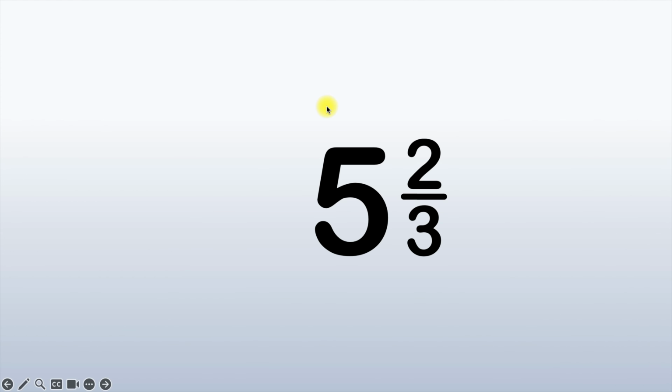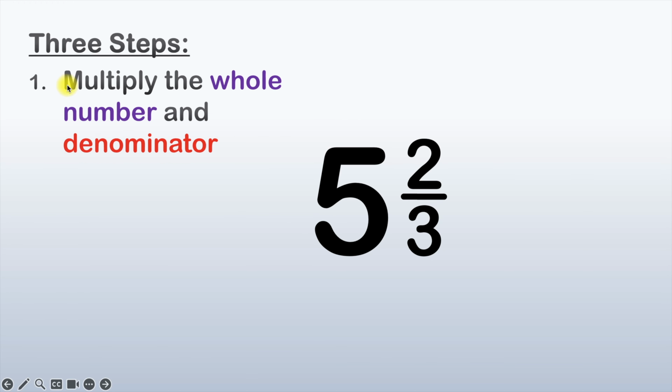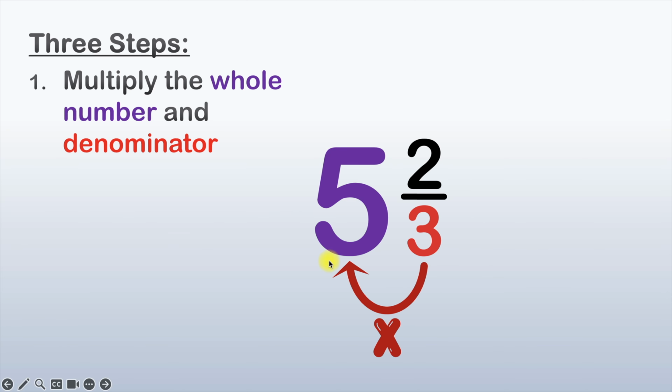So let's say we start off with the mixed number 5 and 2/3. Well, there are 3 steps to convert from a mixed number to an improper fraction. Step 1 is to multiply the whole number and the denominator. Well, in this mixed number, the whole number is 5, and the denominator is 3. So we're going to multiply 5 and 3. When we do that, the result of 5 times 3 is